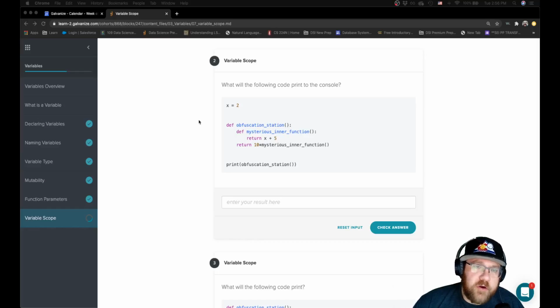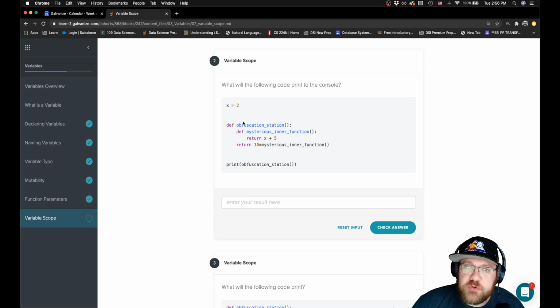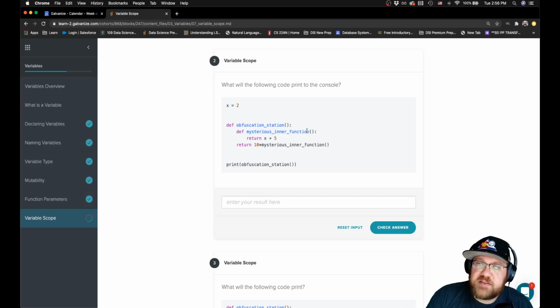Hey all, we're working on the variable scope lesson on the second challenge. It says, what will the following code print to the console? We have x equals 2. We have a function defined as obfuscation station, and then a function that is called mysterious inner function that just returns x plus 5. And then we have return 10 times the invocation of that mysterious inner function. And then we want to actually print